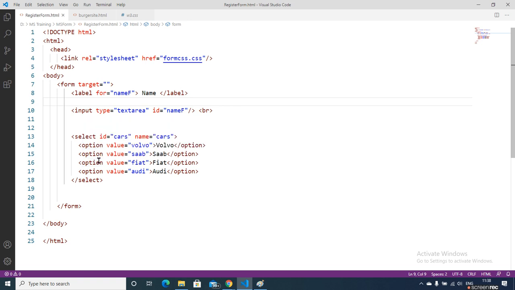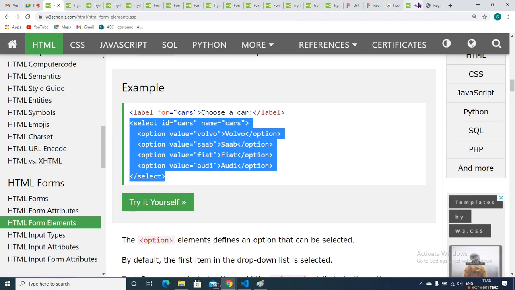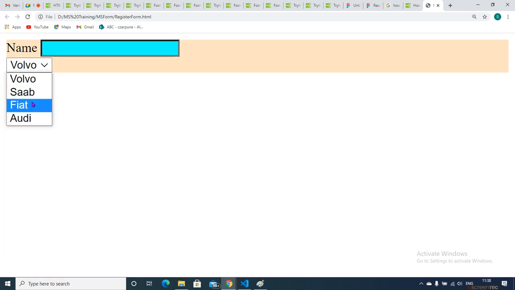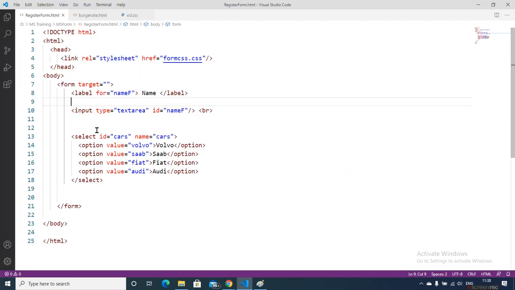If you want to give a drop down option, here you can see the drop down option. This element type is called a drop down, which means you give the user many choices. For that purpose we use this select. This is the ID and this is the name. While creating each drop down, each drop down has options.